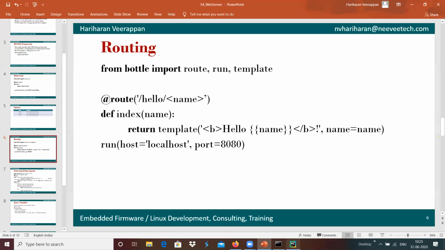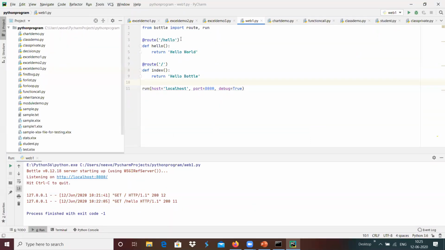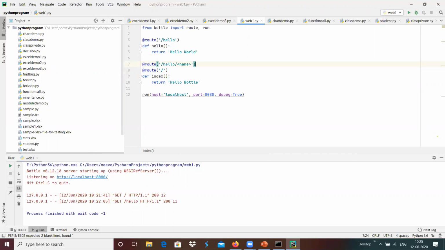For example, earlier we did something like over here, and I'm going to create another route, which has something like hello slash name over here.